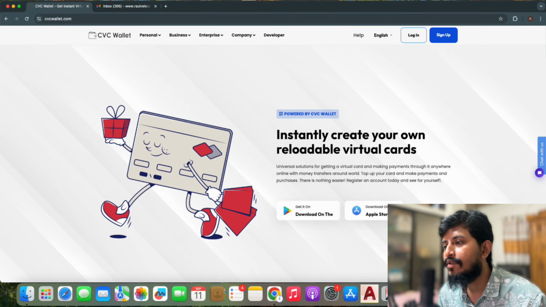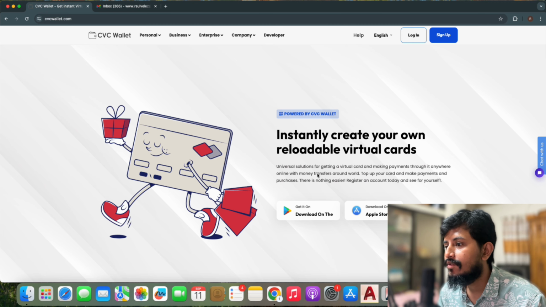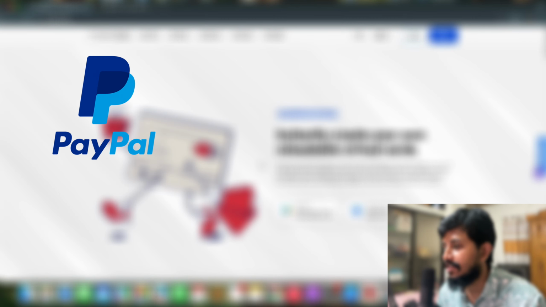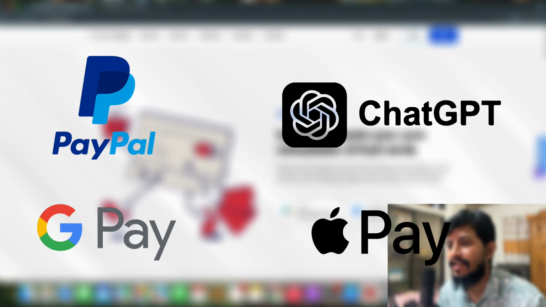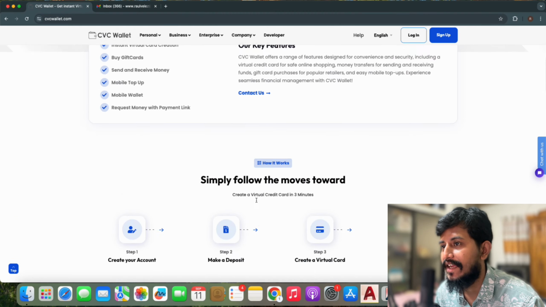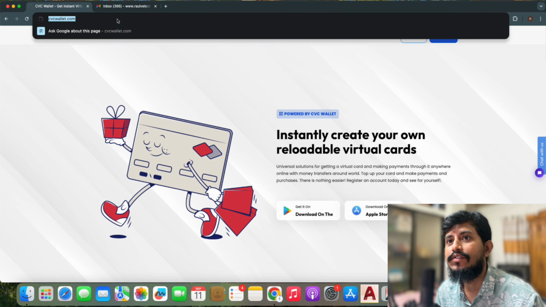Today I will show you how you can create a virtual credit card that can be used for PayPal verification, ChatGPT, Google Pay, and Apple Pay, and everywhere in the world that accepts Visa or Mastercard. So let's get started. First of all, visit